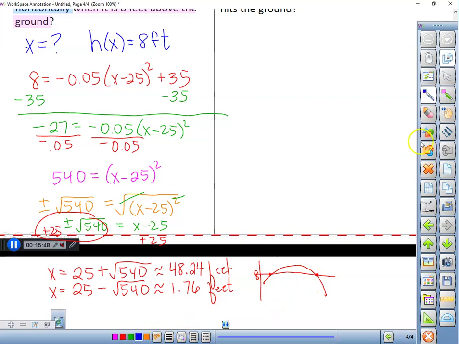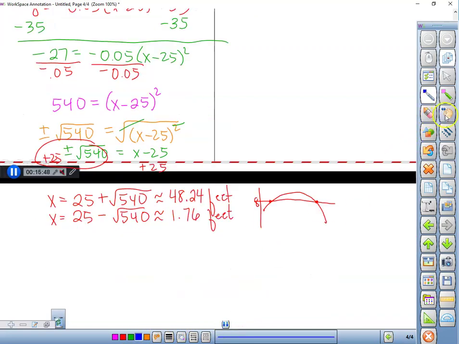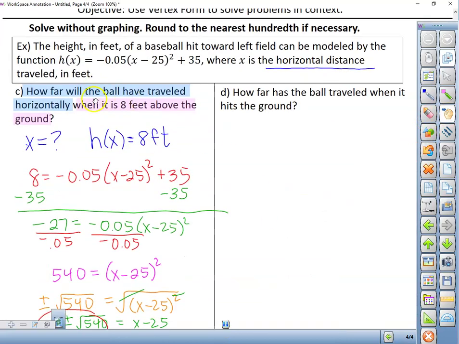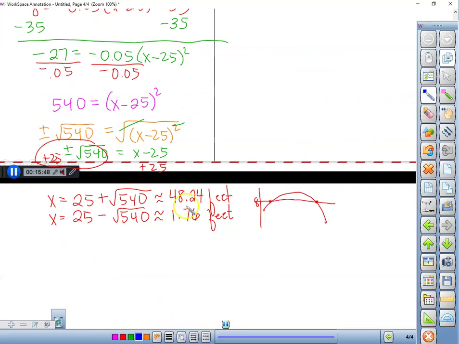So our conclusion here is, the question was, how far will the ball have traveled horizontally when it is 8 feet above the ground? So it's actually got two distances. We want to do the shorter distance first because that's the one it reaches first. So we will say